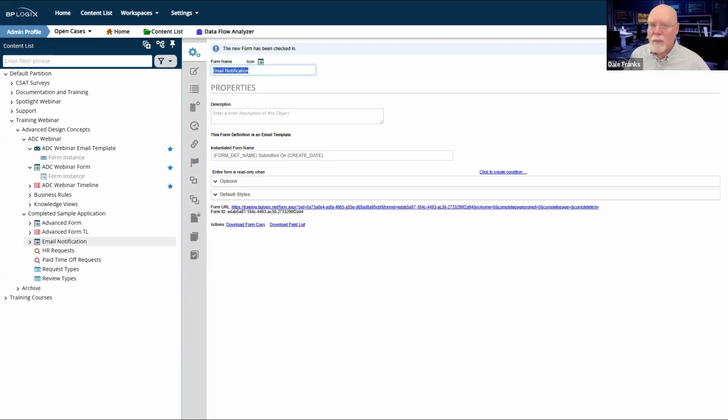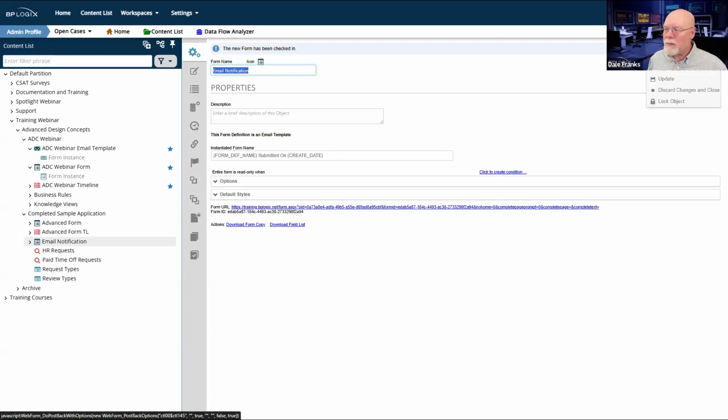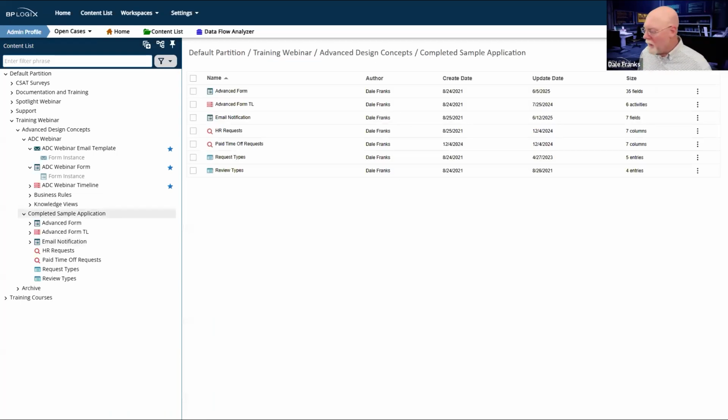And if they're not going to approve, then they don't have a link to do that in the email, and that will force them to open the form so that they can make their disposition on the form itself. So it kind of forces them to do different things for different approvals.